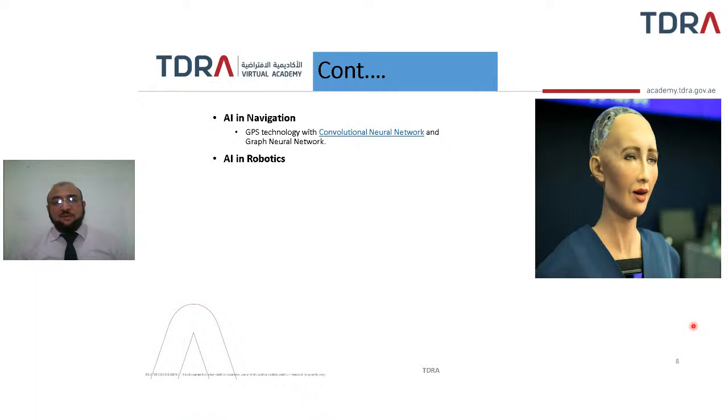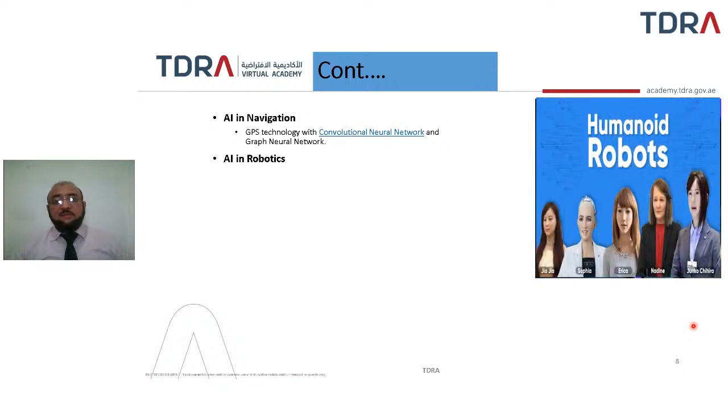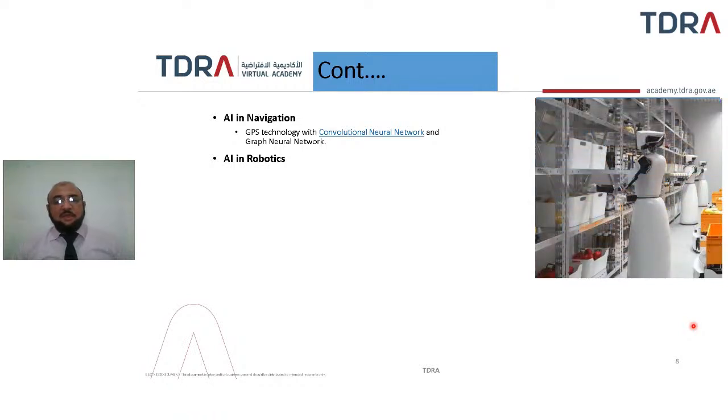This is the first robot that has ever achieved this nationality because of this great invention. Then we have other humanoid robots like Gia, Sophia, Rika, Nadine, and Junko Chira. These are all robots which act like humans, with expressions and so on. Then we have robots working in industries and providing services to customers. Here, if you see, the robots are working in a departmental store, arranging things in